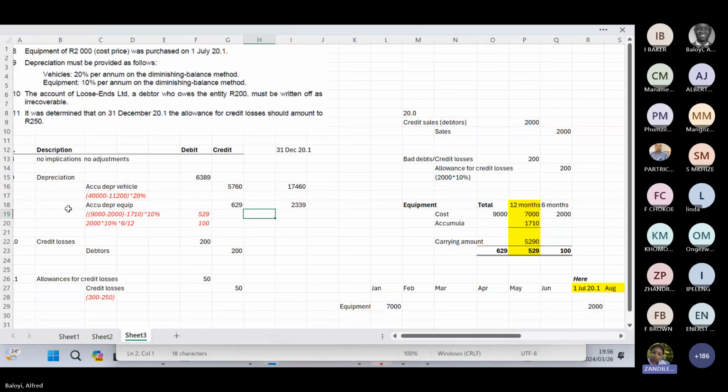But now my question is based on the 12. So you're saying 6 divided by 12. The 6 is based on the fact that you've had the equipment for 6 months of the financial year that we are calculating. And the 12 is based on, because you guys said it's 10 months because it's not from Jan to December, right? There's 2 months that is outside of this financial year end. So we're looking at 10. So why are we dividing by 12?